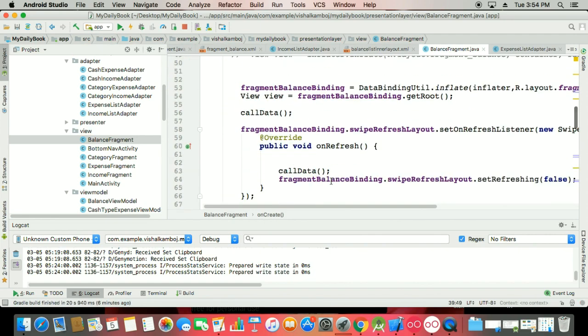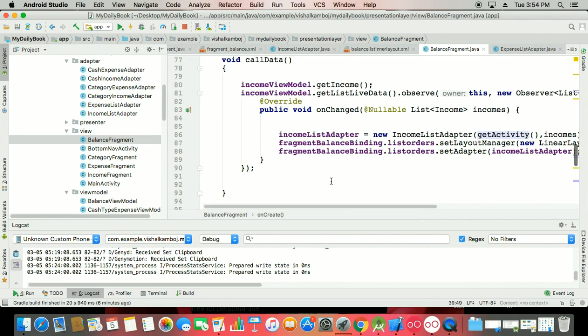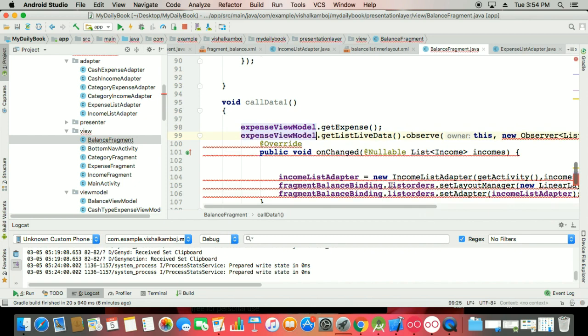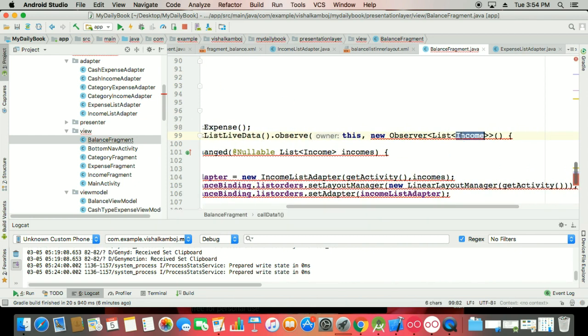So this is your expense view model. Okay, and here call this expense view model dot get expense, and you can find that expense view model here. So this is your expense view model as in a list of expense, and this is your expense,